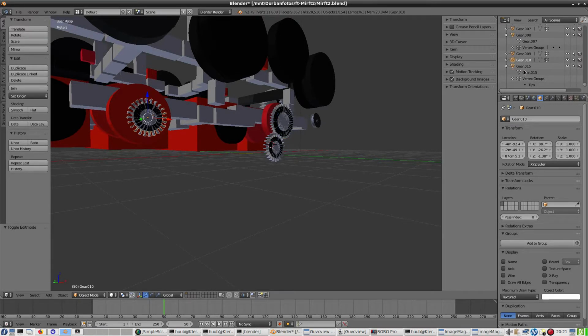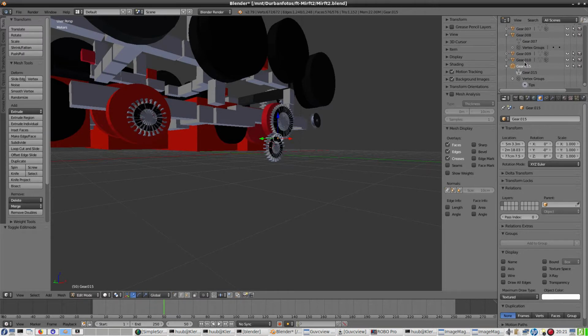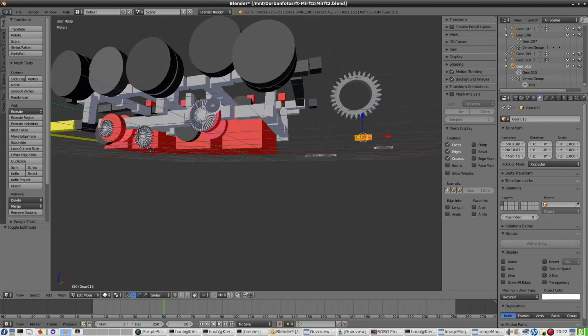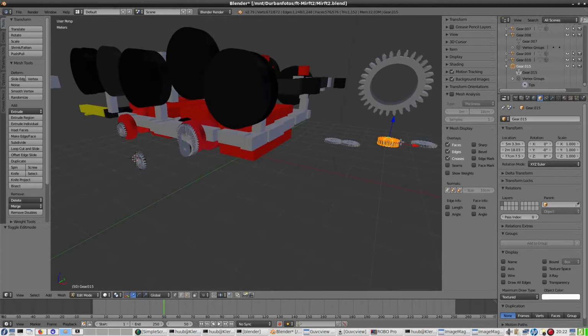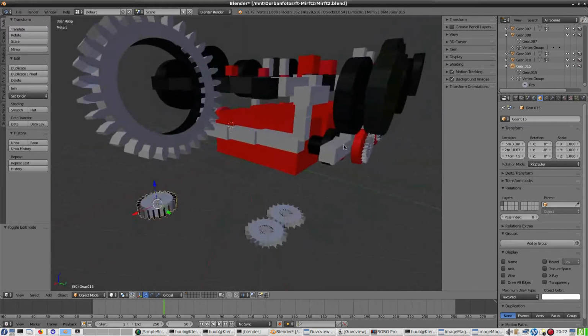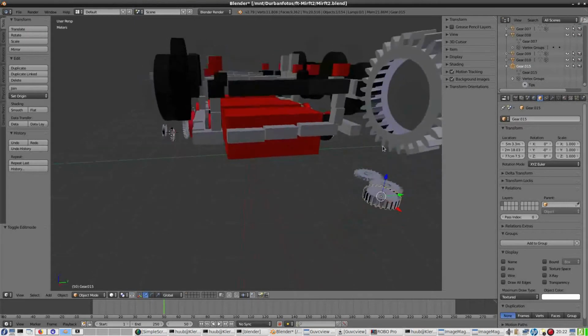That one. I don't even know which gear this is. Okay. Something. Oh, that's a very different gear. Oh, that's that one. That is that one. So how does this one become gear 15? That doesn't make sense to me. Okay,